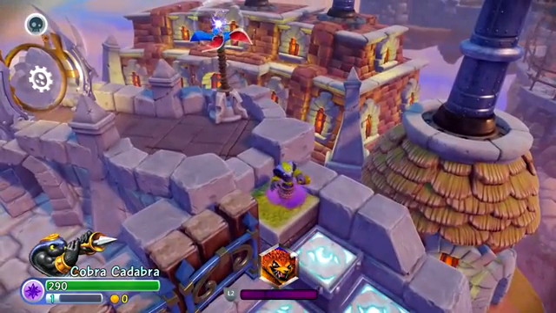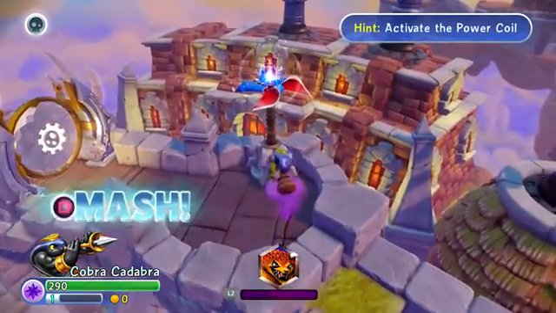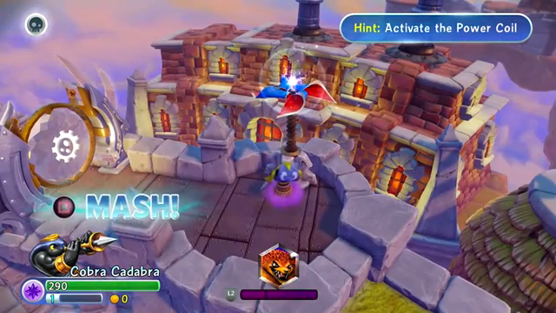It seems to be quite a struggle for Cobra Kadabra to jump. You can see the way it lifts up the basket when it jumps, looks quite funny. But there we go, I was able to do it. I was able to get it to the top, and now I need to try and activate the power coil. And the way I do that is by...